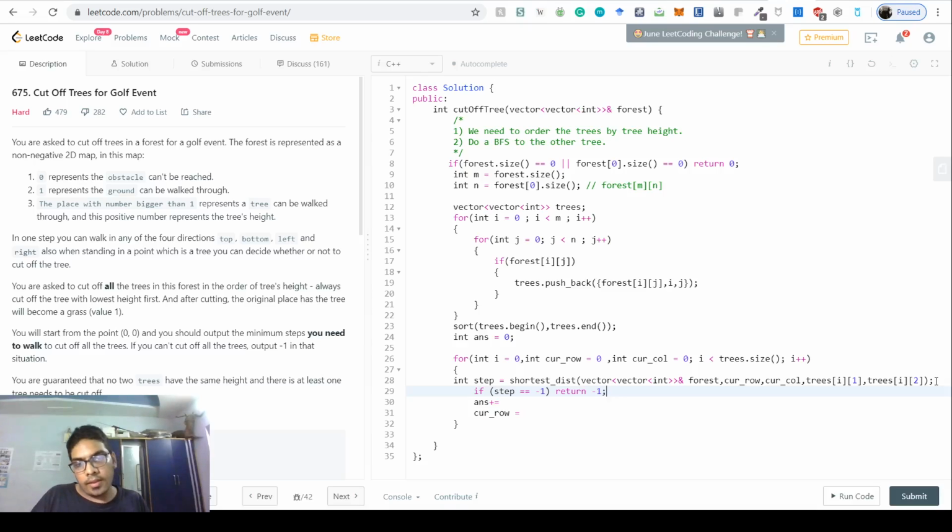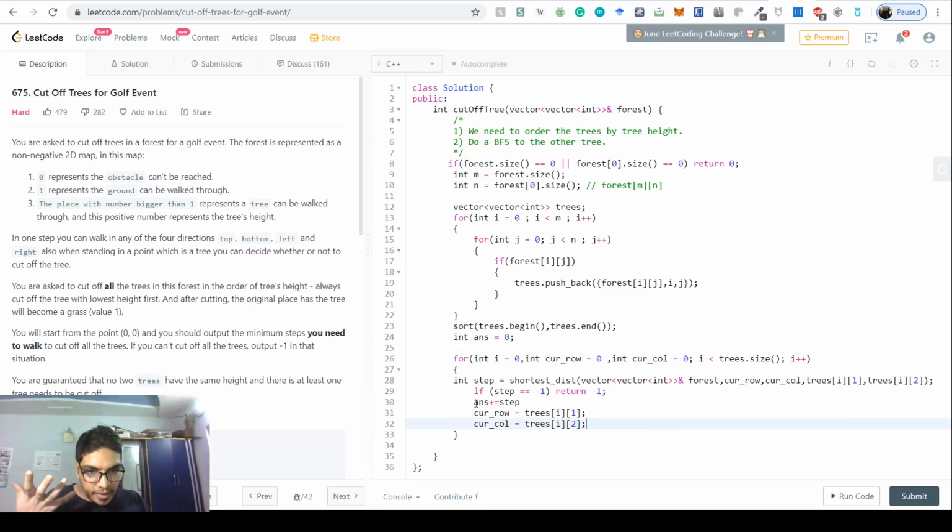So that is one thing. The second thing would be that if that is not the case, then we just increment the answer by the steps. Now the current row, we have to update the current row. The current row will become where we wanted to reach. Basically, we have reached there. So it becomes the trees of the first node, and the current column would become this thing, right?